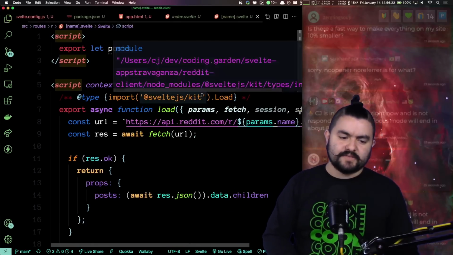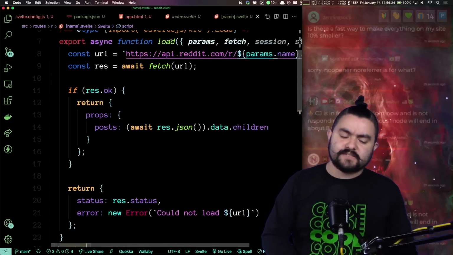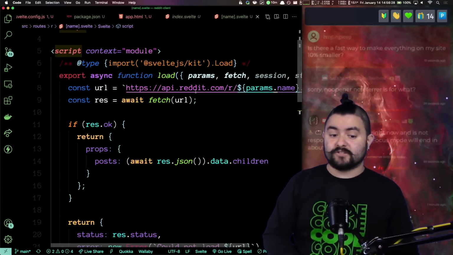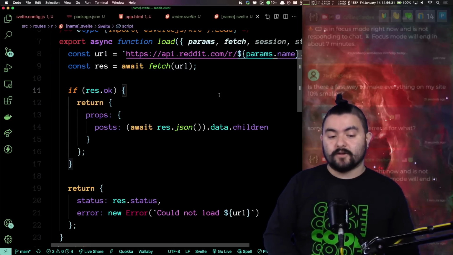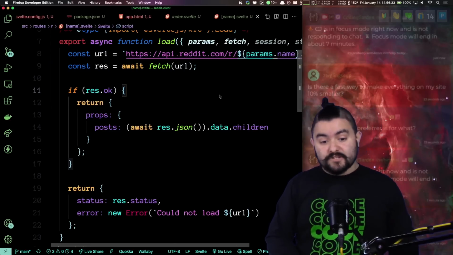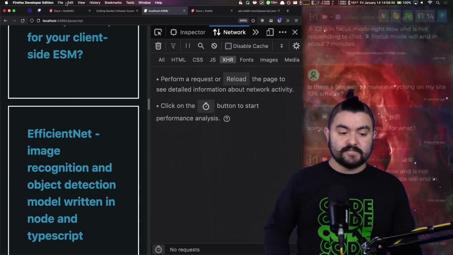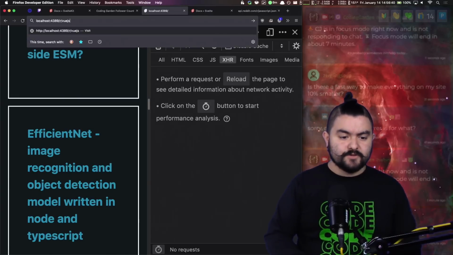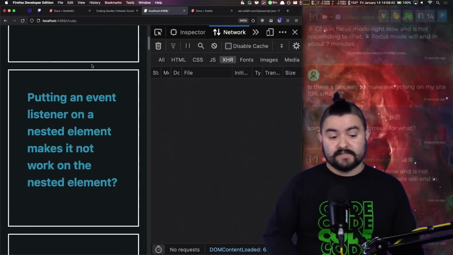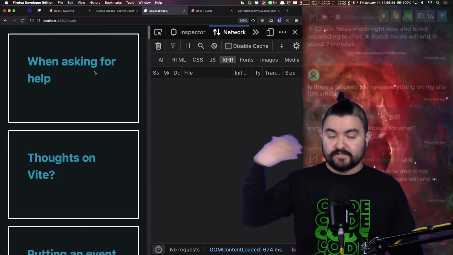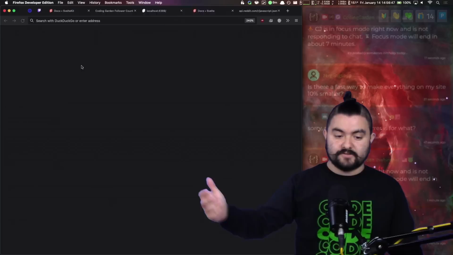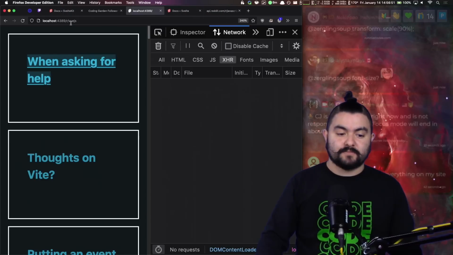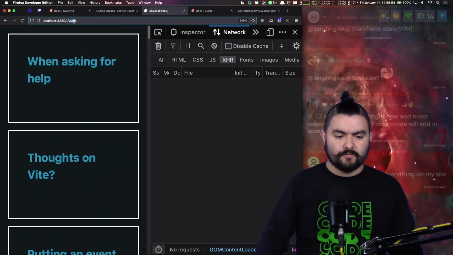We did learn about this async load function, so this is going to get called before the page loads and potentially run this code on the server side or potentially on the client side. What's nice about what we've just written is I can go to r/Vue.js, and it still works because it just uses that param to make a request out to Reddit to get the list of posts for that specific subreddit from the URL. Or if we went to